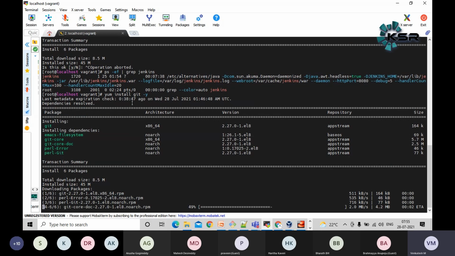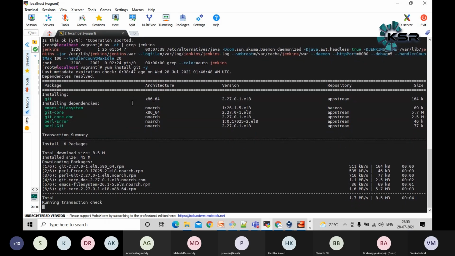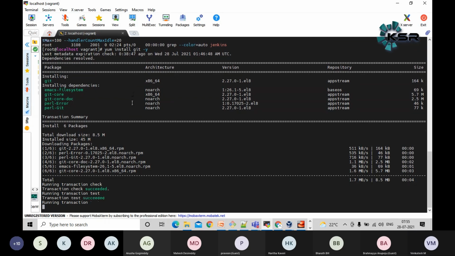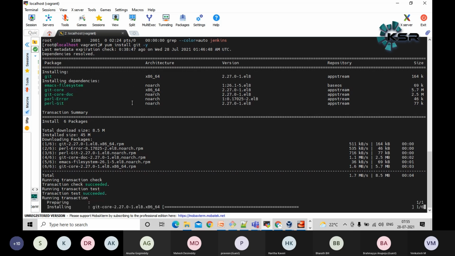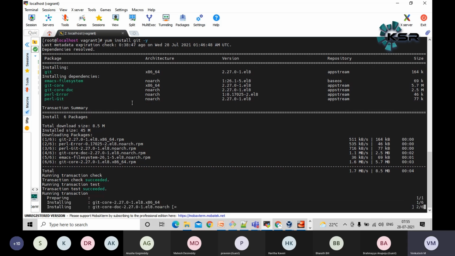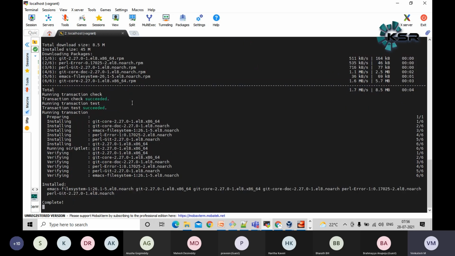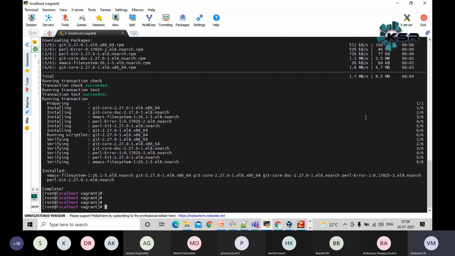Let's see, it's installing. Okay, the git package client got installed on our Jenkins machine, guys.